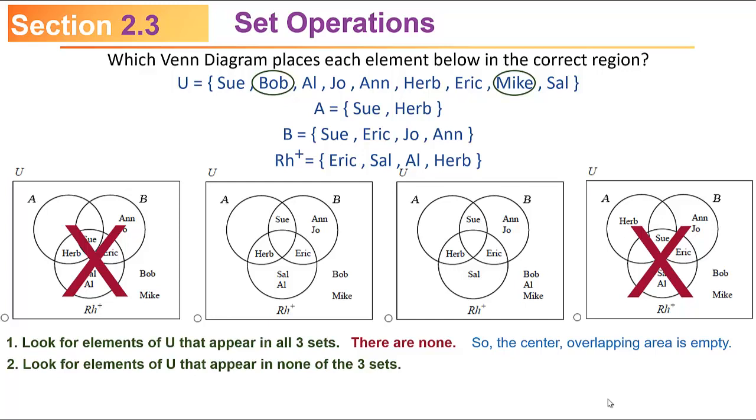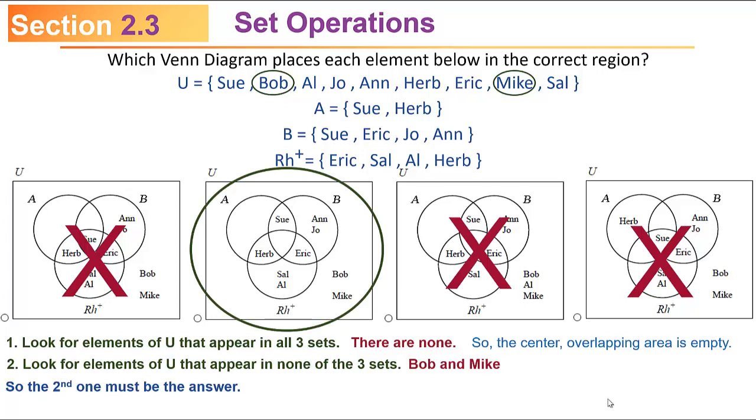are outside of the circles in the first choice, but we've already eliminated that. That's not even possible. And also in the last choice, but we've already eliminated that as well, so that's not possible. Of the two remaining possibilities, the two choices in the middle, only one of them has just Bob and Mike, and that is the second choice. The third choice also throws in Al, and Al is not correct because Al is in the Rh positive set, and we're looking for the names that aren't in any. So as you can see, by a process of elimination, we've already deduced that the answer must be the second